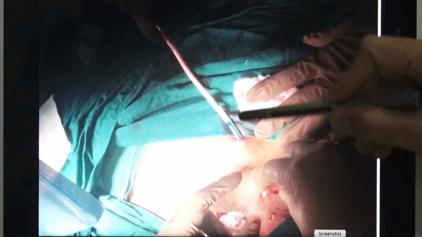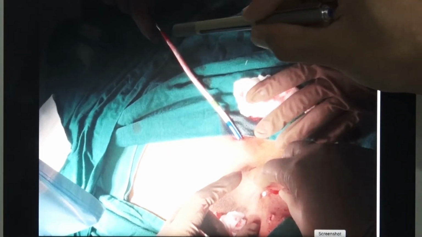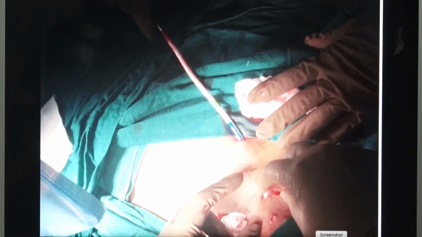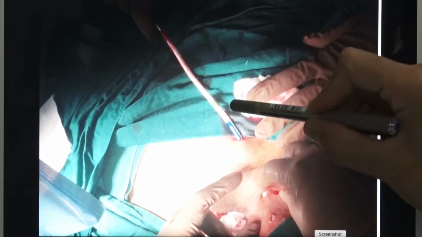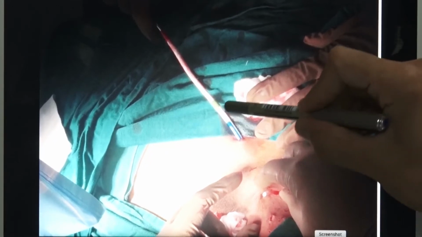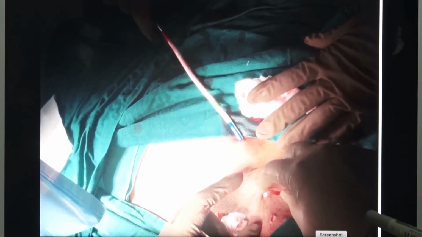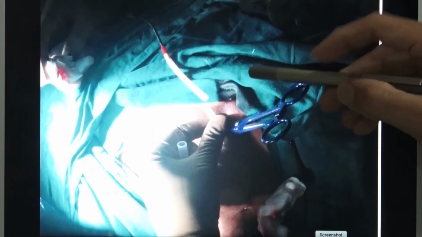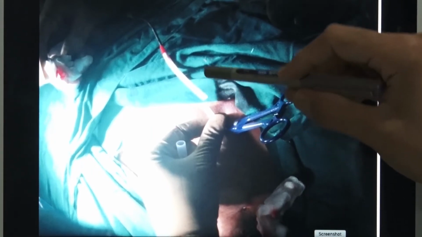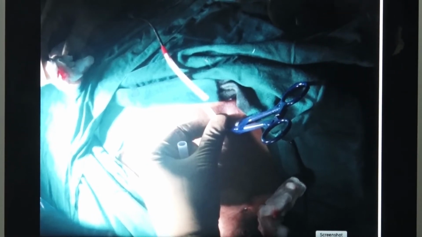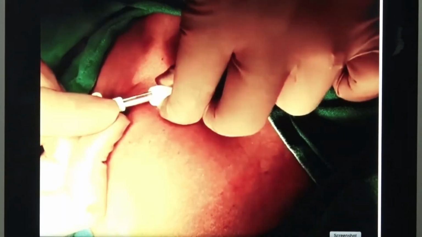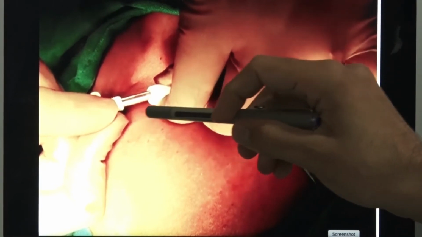Now we can see the catheter is out. This is the tunneler attached to the catheter, and once the catheter is out from the exit site, we cut it with the help of a scissor about 1 inch away from the exit site, like this. So the clamp is here, the catheter has been cut with a scissor about 1 inch away from the exit site, and then these are the hubs which are available with the catheter.